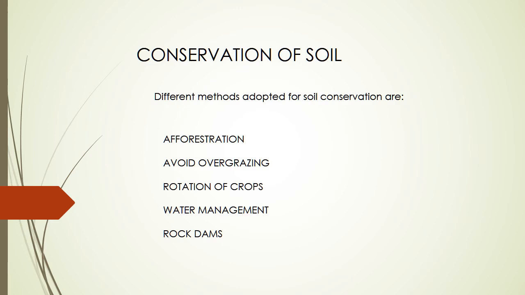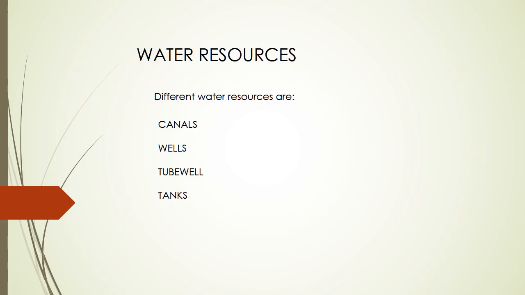Now, how to conserve soil? जो soil खराब हो गई है उसको बचाना तो है. So what are the different types as to how we can conserve the eroded soil? There are different methods which we can adopt for soil conservation. The different methods are, children: afforestation, that is planting more and more trees. Avoid overgrazing. Children, we often come across many animals whom we find grazing in the open fields, but we should try our best to avoid them from overgrazing.